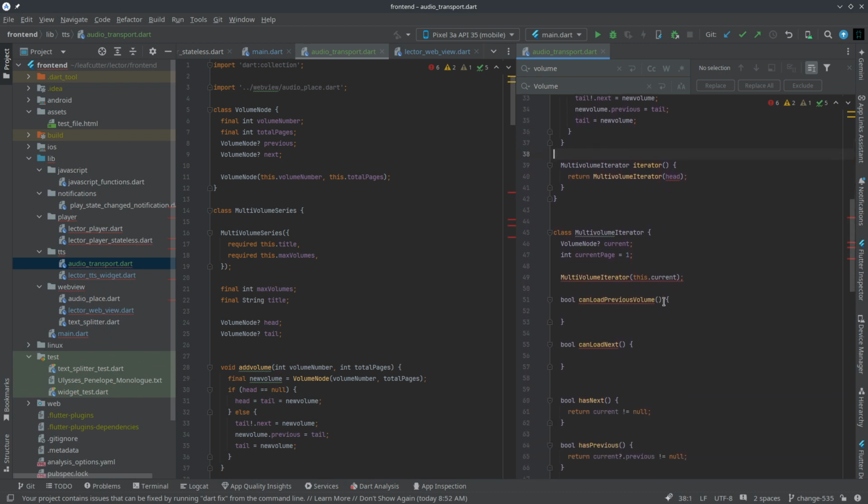Okay, so we have this can load previous volume and can load next volume. And that's just going to check whether the